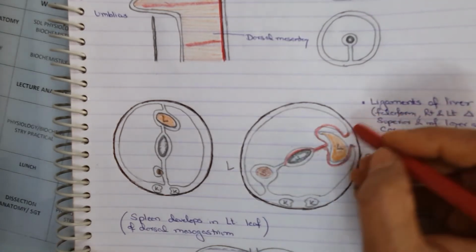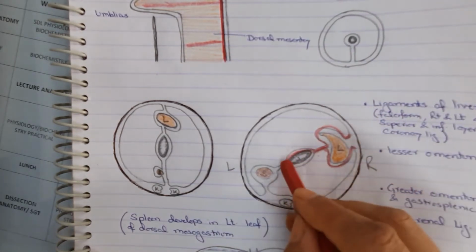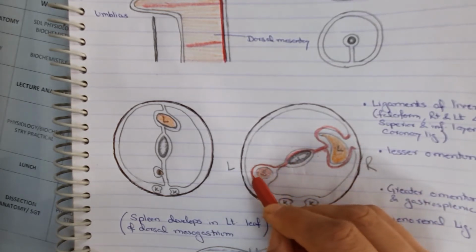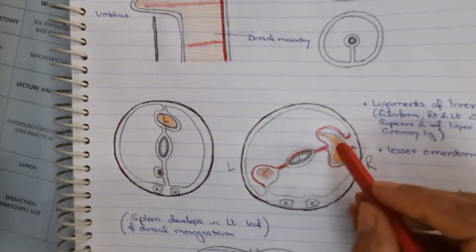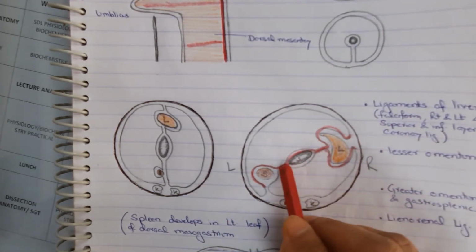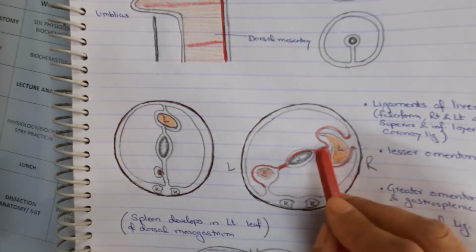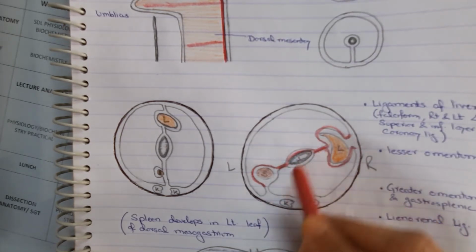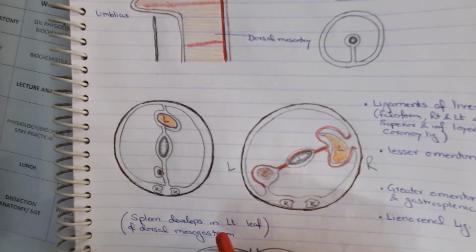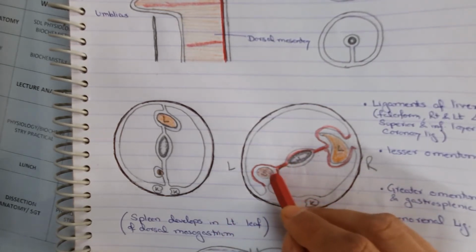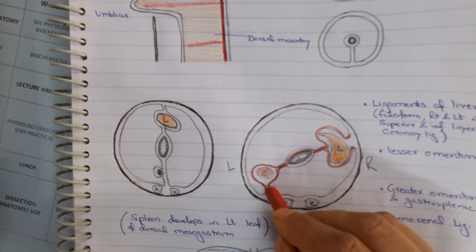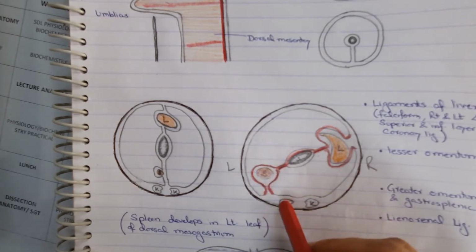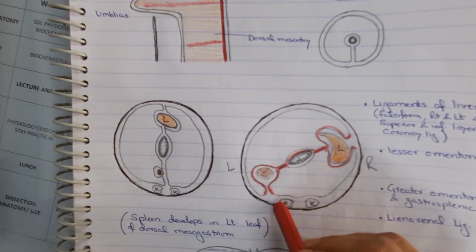the lesser omentum. Now posteriorly it reflects and encloses the spleen. Posteriorly this forms the greater omentum. This is the lesser curvature of the stomach, this is the greater curvature of the stomach on the left side. So on the right side it forms the lesser omentum and here it reflects to form the greater omentum at the greater curvature. Now from the spleen to the kidney, this forms the lieno-renal ligament. Connecting the spleen to the kidney, it forms the lieno-renal ligament.